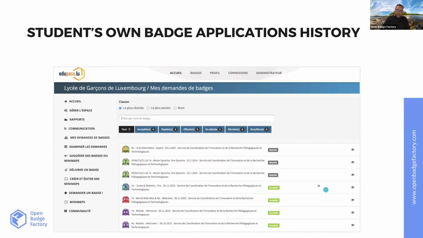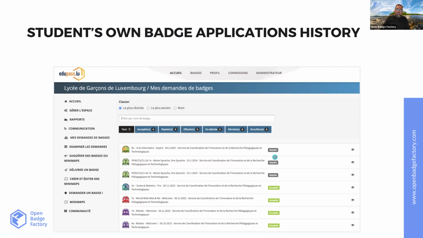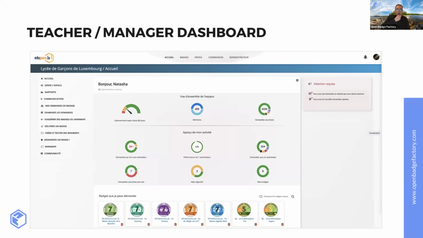So you can see here the dates, the names of the badge applications, and what has been rejected and what has been accepted. Okay, I'm sorry for the French here, because I saw that I already put the English version of that, but I forgot in these places. And then if I go to the teacher